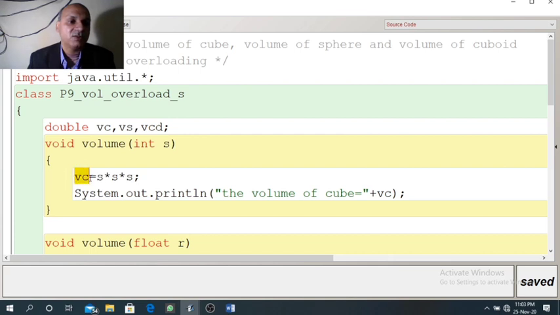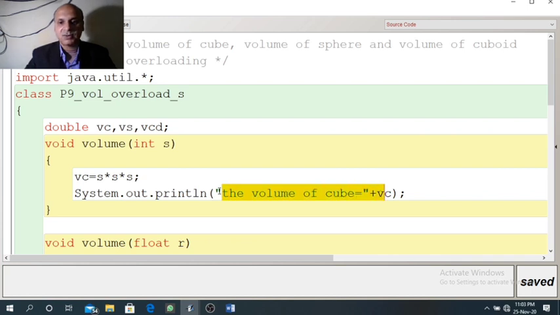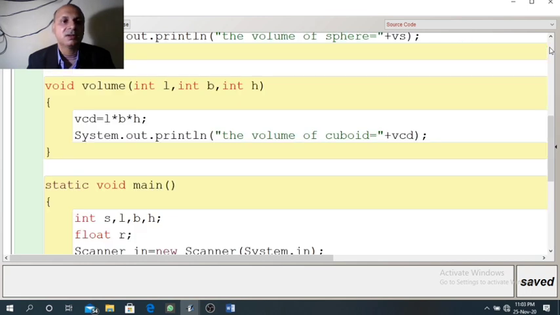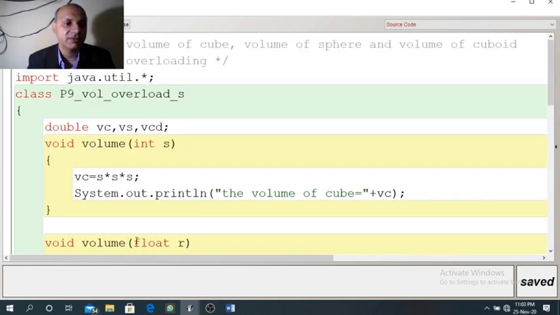After that S cube will be stored in VC and we will get the result of volume of cube in the same method. It will be printed in the same method. So after the print statement, control will return back to the main. In the main again next function is called and this time we are passing R, that is a float value. Now compiler will check which one is receiving float value. So second one will be called,